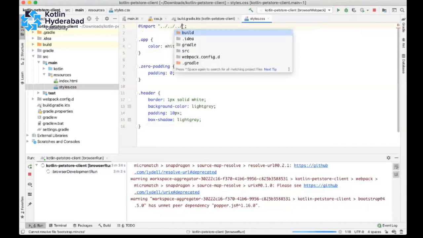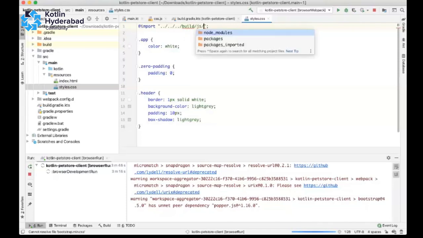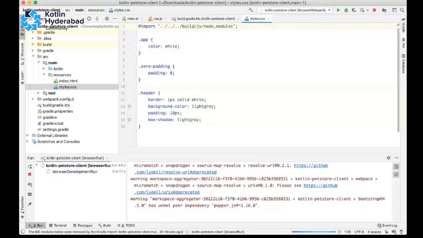We do have the Bootstrap files in the node modules folder. We'll go to the dist, CSS, bootstrap.css. So this is the correct path.